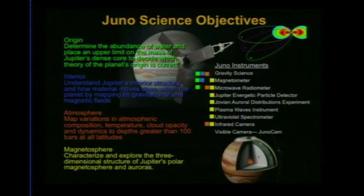So that's there primarily for outreach and education, for the general public to get to see how we use a camera, take pictures of the north and south poles of Jupiter, of course, because that hasn't been done before and we're going to fly over them, but also so that when we go through the process of choosing what we're going to observe with this camera and taking the data back and analyzing it, rather than have a team of scientists do all of that and then give you the results, our plan is to have the public involved every